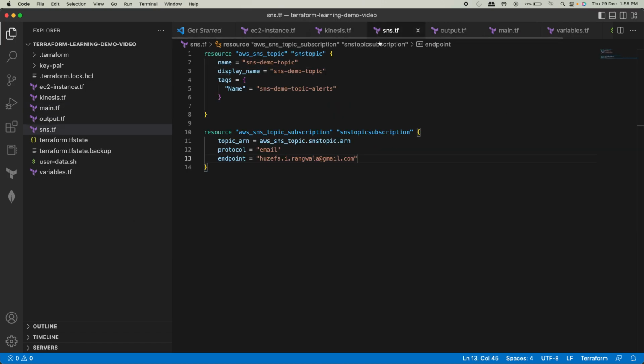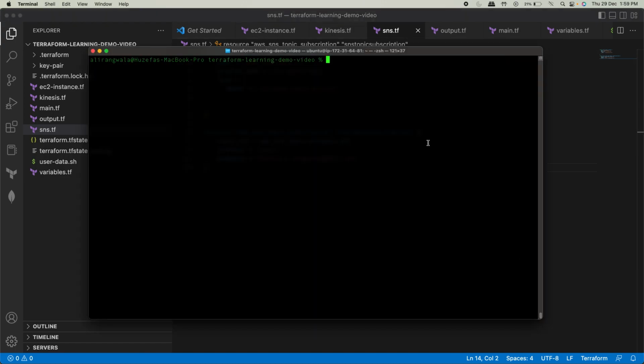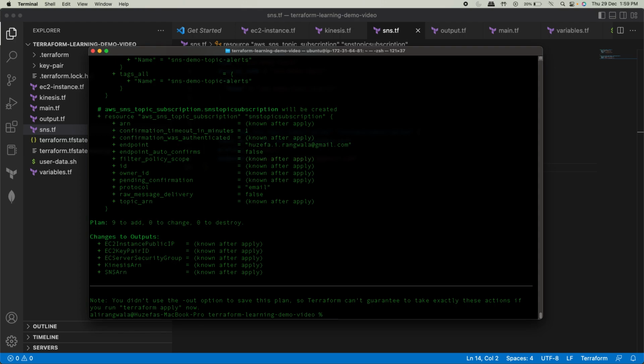Okay, nothing else is required to be changed. So now we'll go to our AWS command prompt, sorry, and I'll run plan. We don't have to initialize every time, right? Because I'm using the same plugins. You see now we have Kinesis and we also have ARN. Now the moment I run apply,